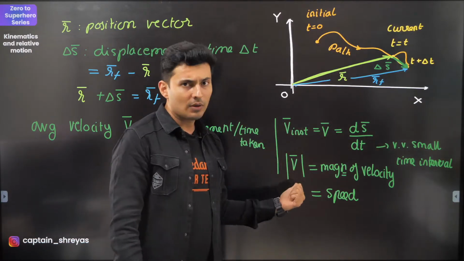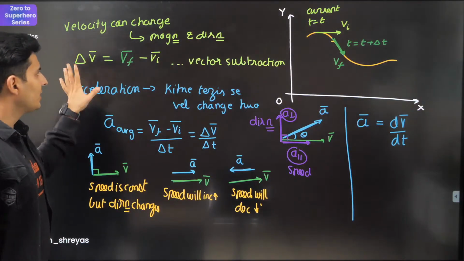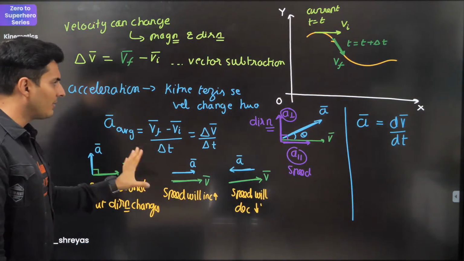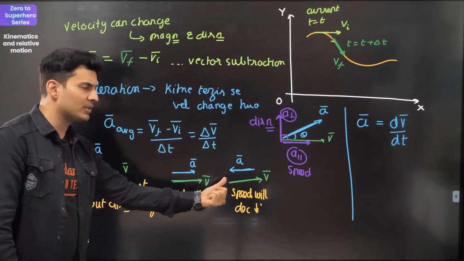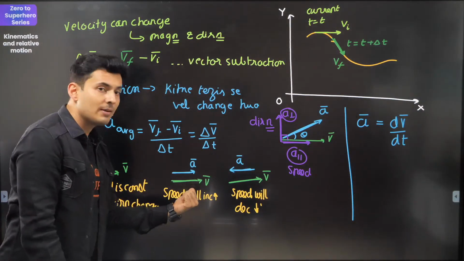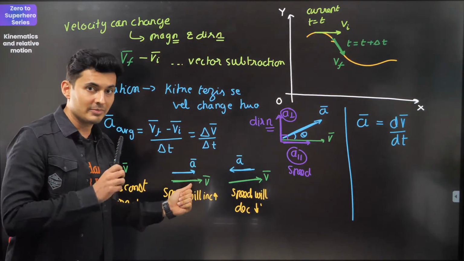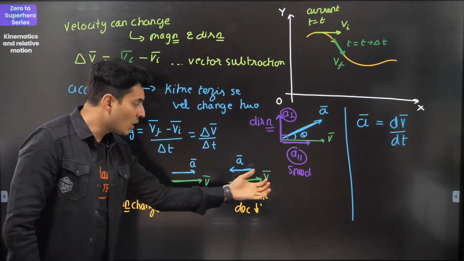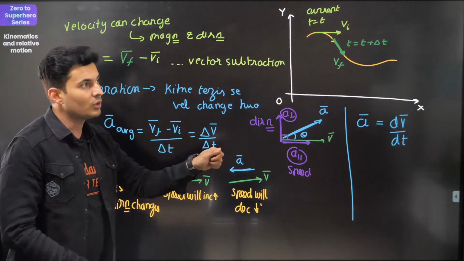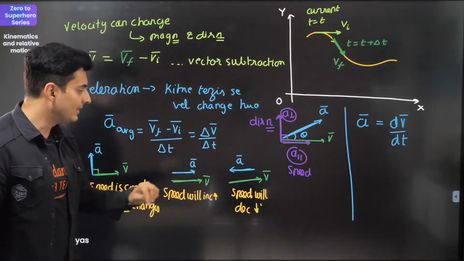Okay. The magnitude of velocity is speed. That's something which you should know. Again, the definition of acceleration, you should know: rate of change of velocity. I've put up everything. This is one particular case which I want you to pay attention to. If you accelerate in the same direction as velocity, speed increases. If you accelerate opposite to the velocity, the speed decreases. Like when you throw a ball up, velocity is up, acceleration is down, so the speed will decrease.